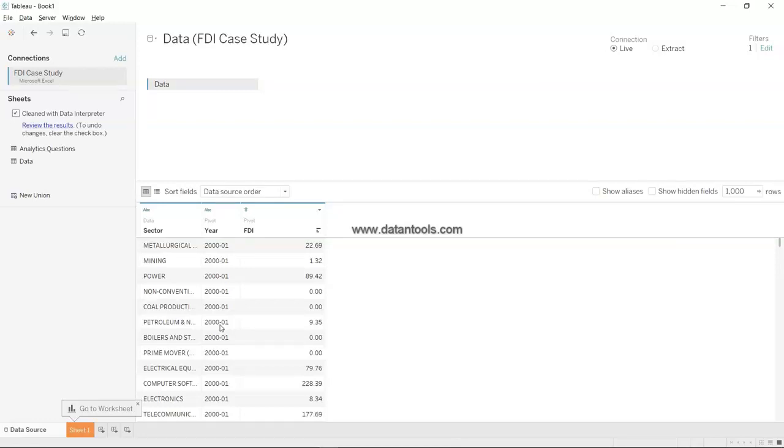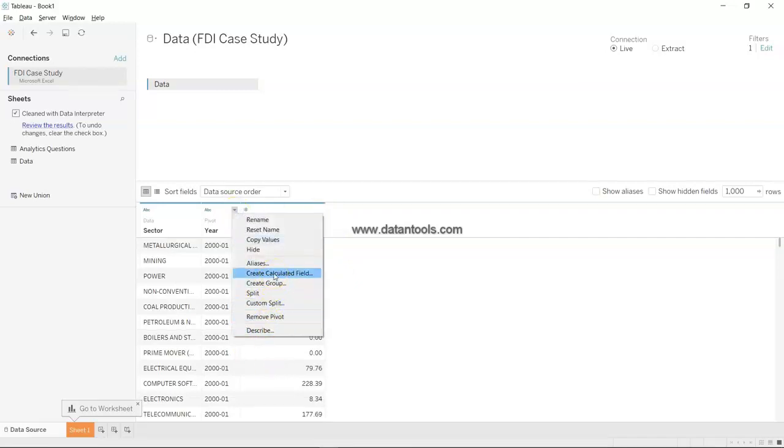At least from my perspective, there will be different perspectives based on the situation. So what I need to do is just extract the first 4 values from each cell, and it will give me the proper year value. To do that, we need to click over here